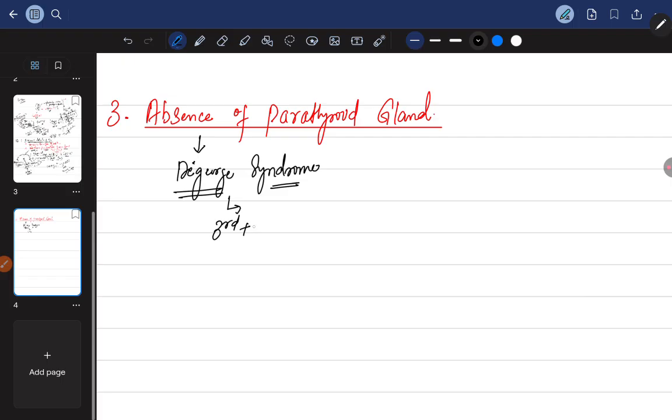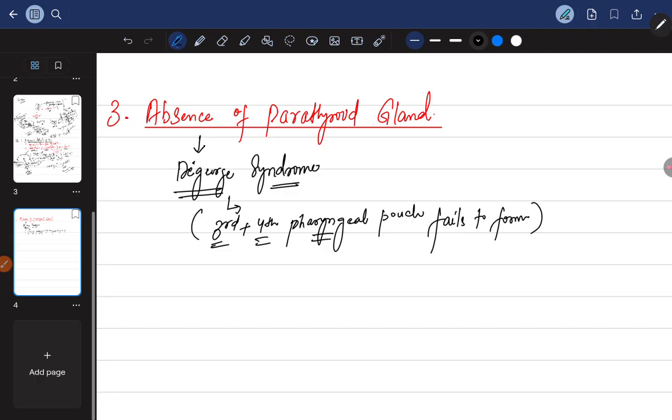fails to form. Okay, what happens is that this third and fourth pharyngeal pouch, which are the primordia for these parathyroid glands, fail to form, and there is absence of parathyroid gland. Okay, so remember, whenever there is DiGeorge syndrome, this syndrome is characterized by